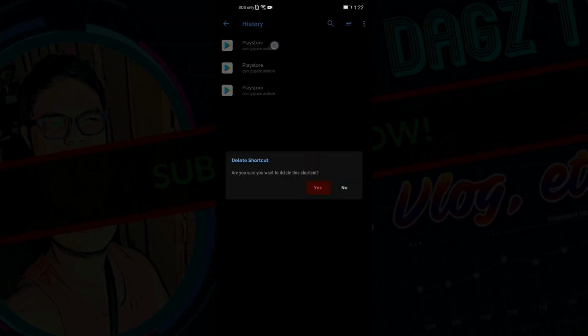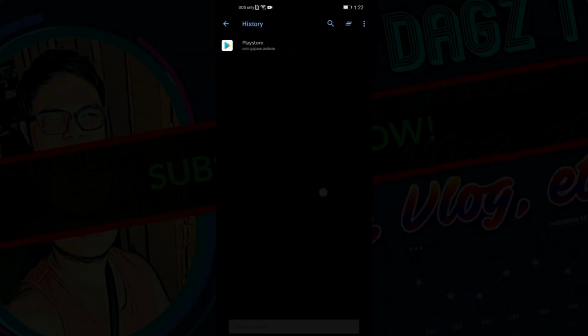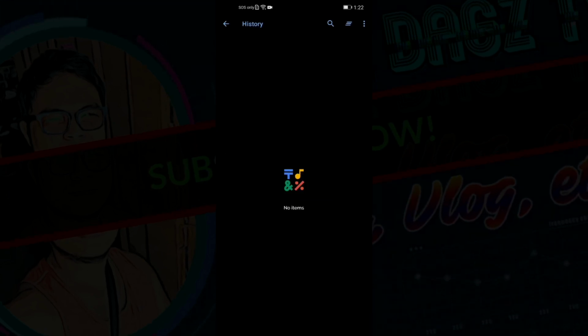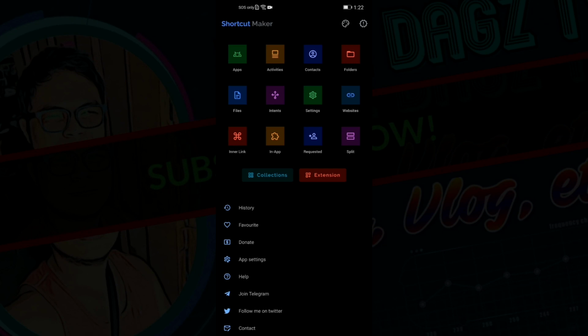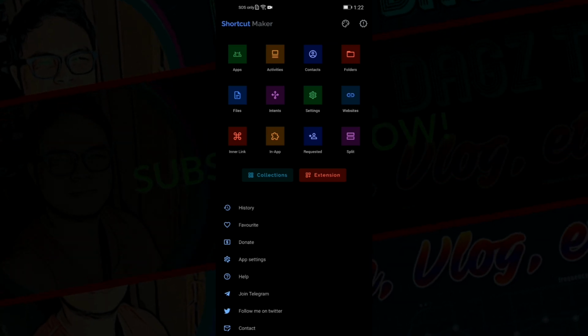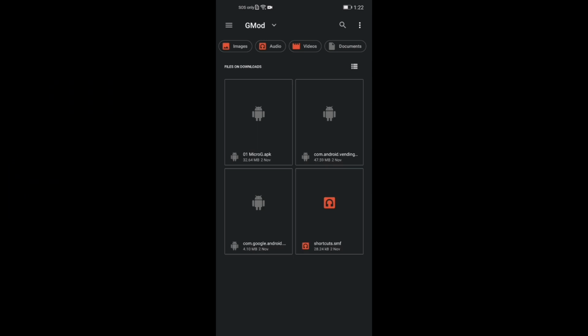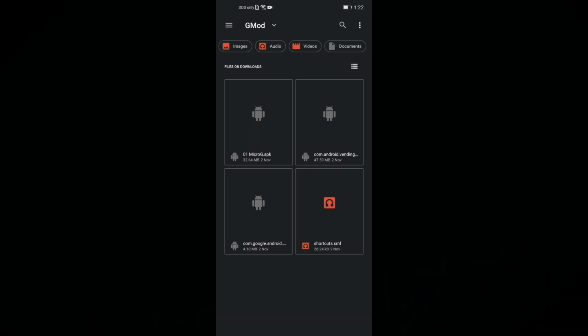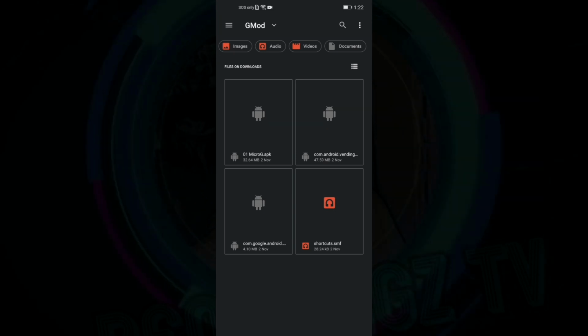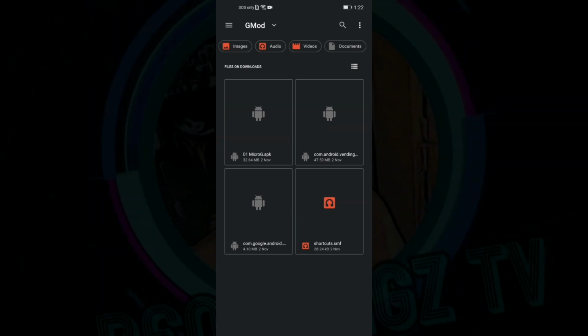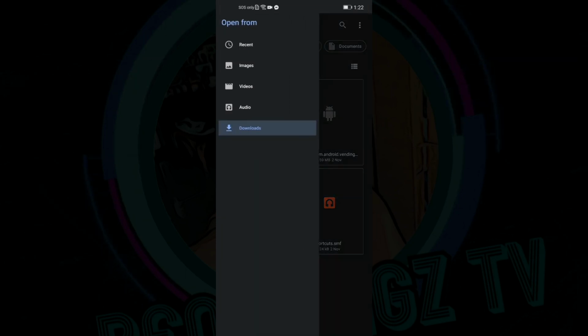So assuming that this is going to be the first time that we do this, we can move along together. So let me go back. Once the shortcut maker app is open, you can click on history, go at the upper right hand corner with the 3 dots menu there, click on restore, and then go back to where your files has been extracted. You should have the shortcuts.smf file on here, which in my case, the easier way to do would be to go under